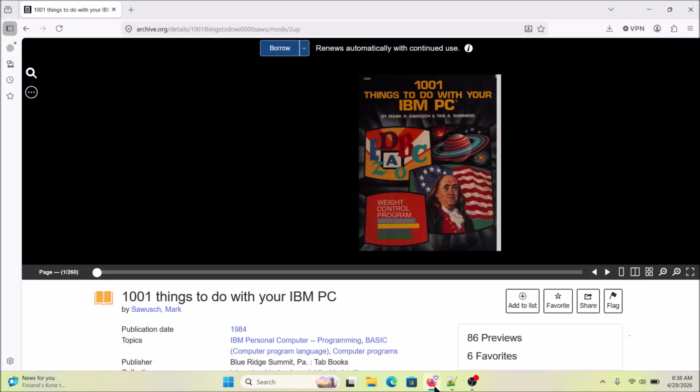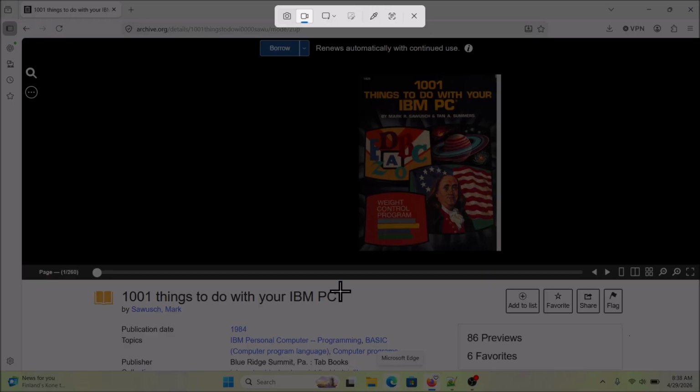Well, anyhow, Windows Shift R. We'll call up the snip and clip. And in this particular case, I can just get a video of what I'm doing or the camera or whatever, but I want to get something on my clipboard. So I'm going to go here for Text Extractor, and I'm going to show you this because this is one